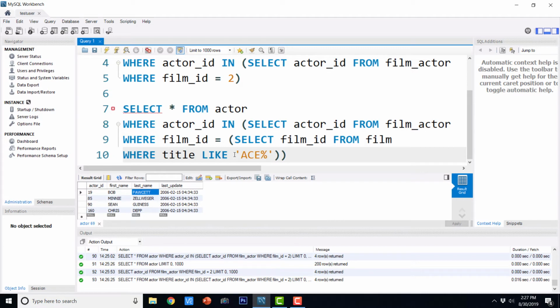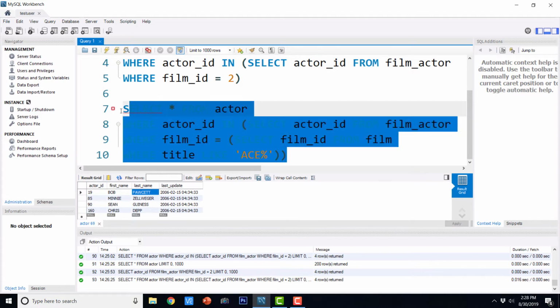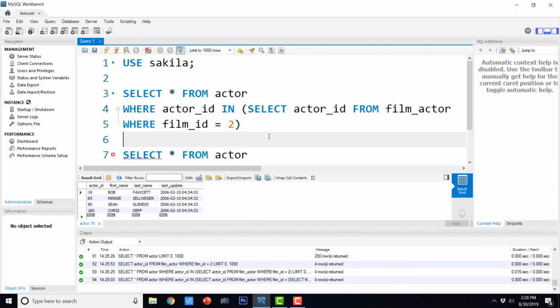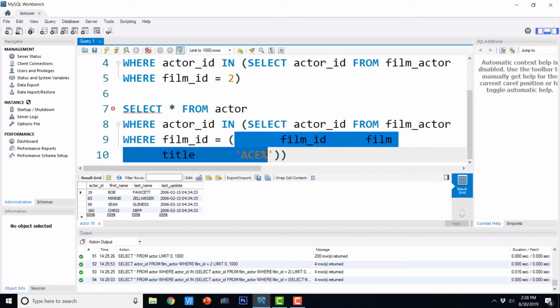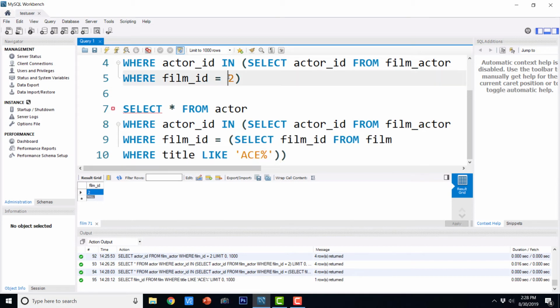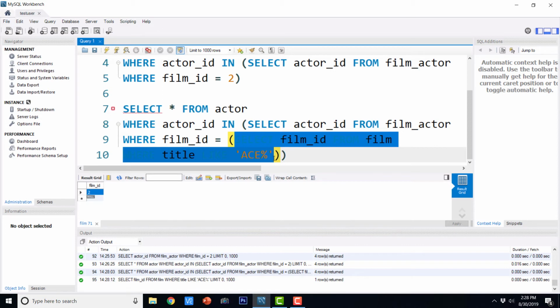So let's execute this, and this is the output. Basically this query returns the ID of a film, that is 2. Here we have 2, but here we are retrieving that 2 using a query again.